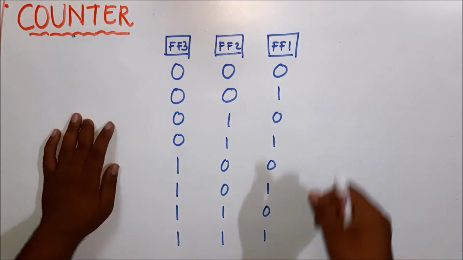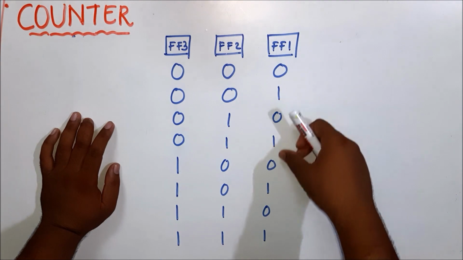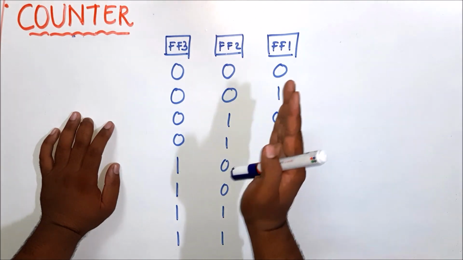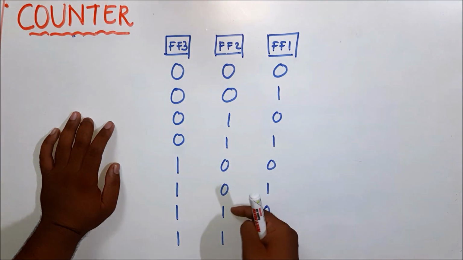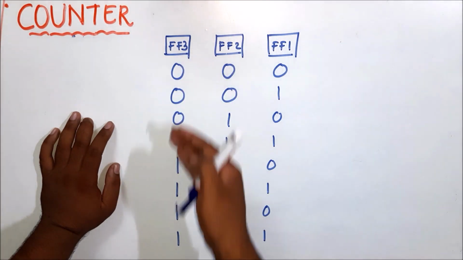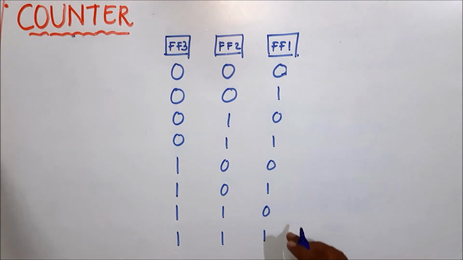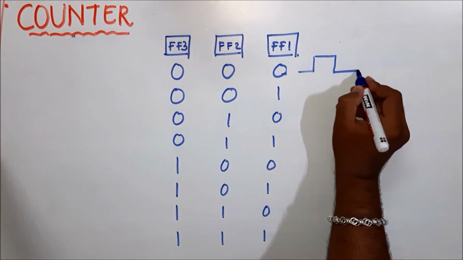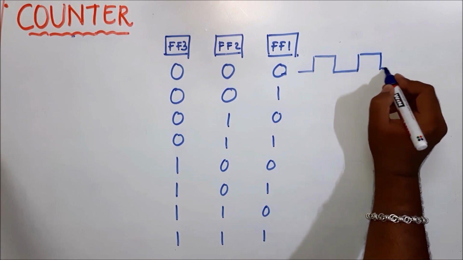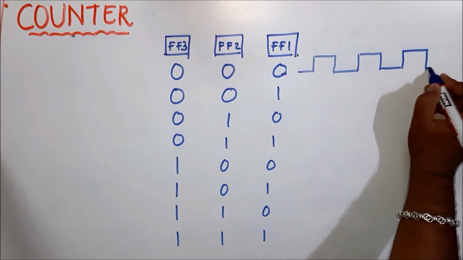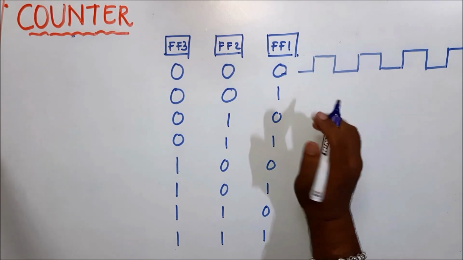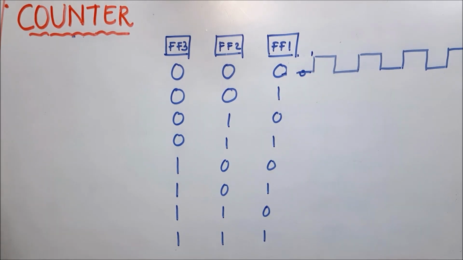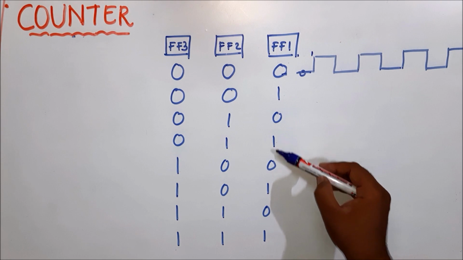But you can see here the bits are changing more frequently. That means 01, 01, 01, 01. And here a little bit less, 0011, 0011. And here very little, 0000 1111. If I draw this column in graphical format, I can see 0, then the first 1, then 0, then the second 1, then 0, then the third 1, then 0, then the fourth 1. You can see this is 0, this is 1. That means you can see 0, 1, 0, 1, 0, 1, 0, 1.